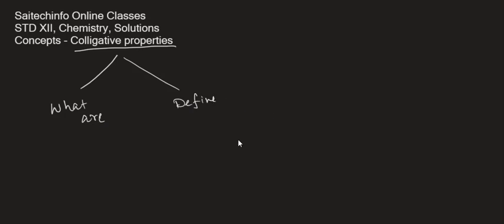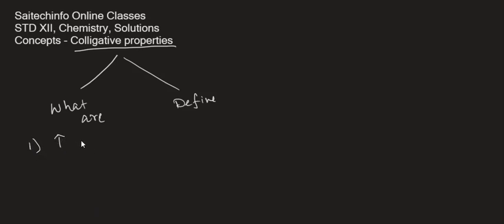Let us discuss colligative properties. What are colligative properties? We can analyze in two ways. What are colligative properties, and define colligative property. That is, what is colligative property? What are colligative properties means we have